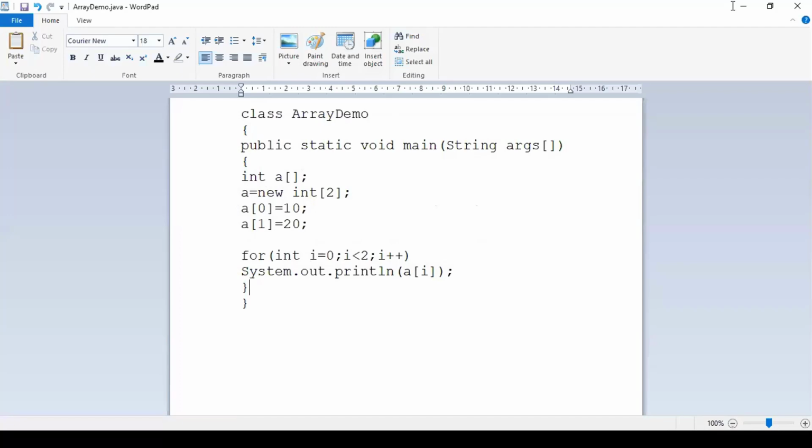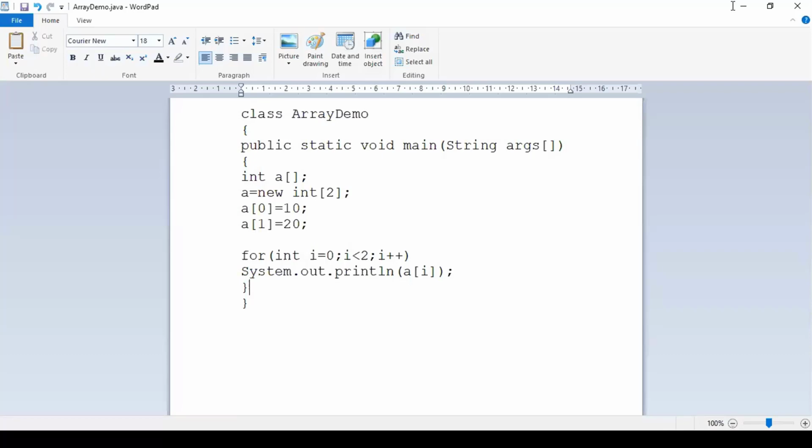A question in the chat box. Sir, what is the difference between int a[] is equal to new int[]? See, whenever you are saying new int[], you have to specify a size, like what should be the size of your array.